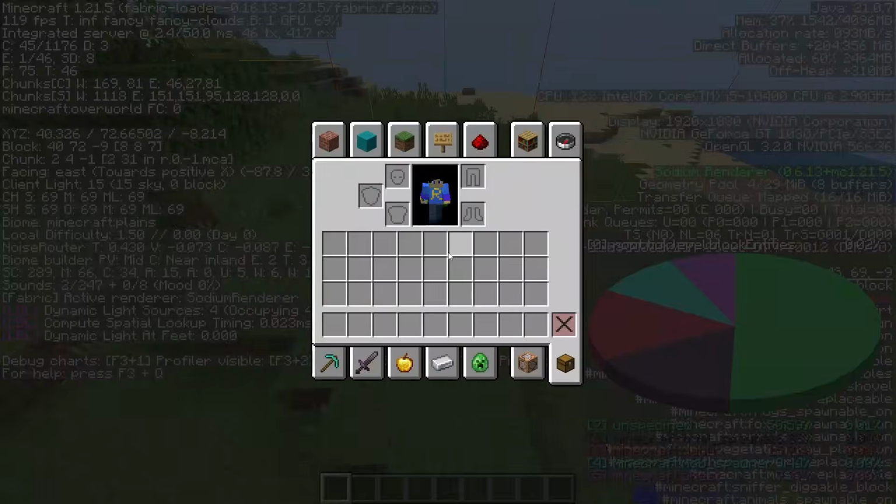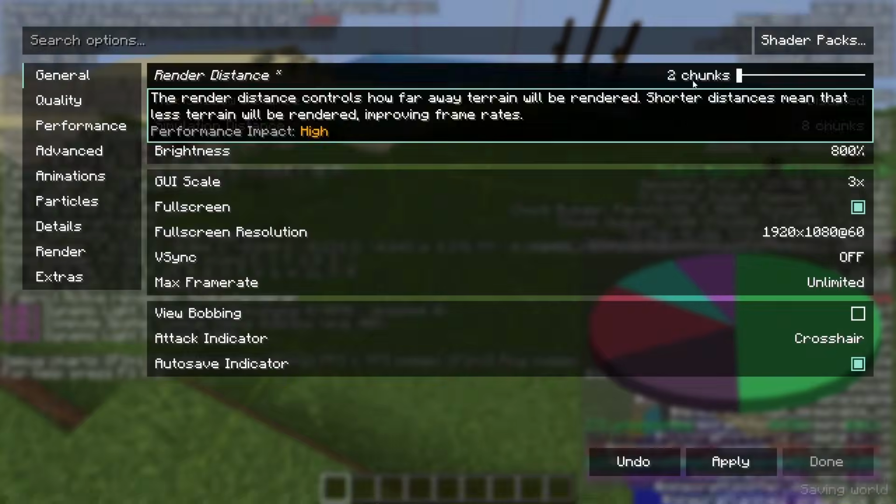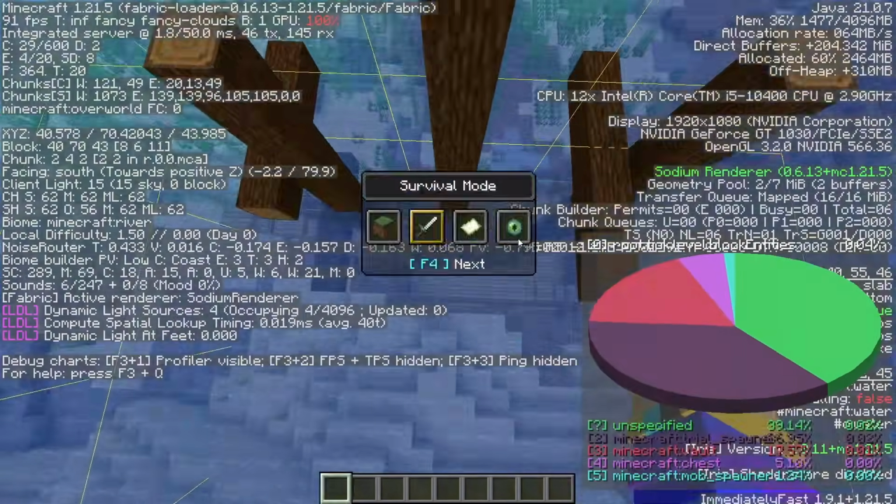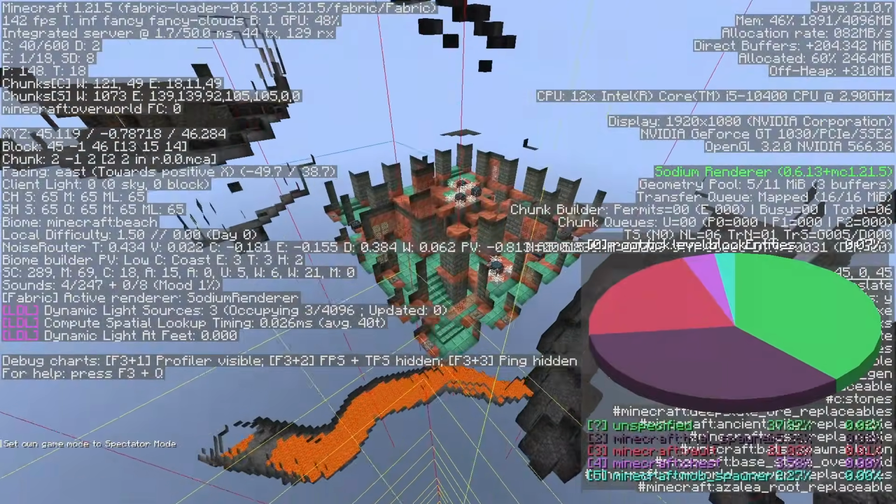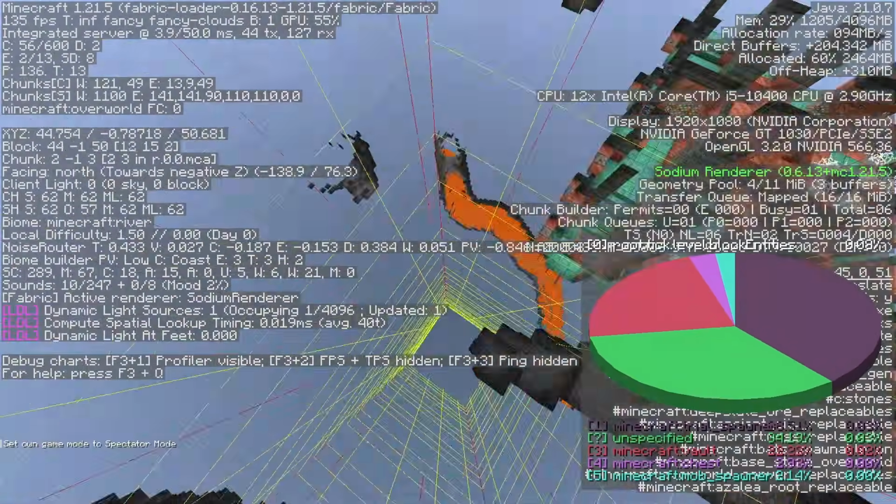Once you get to where the trial chamber is, do this all over again, just in case the trial chamber was diagonal from your original position. Once you do that, you should be within the location of the trial chamber. Now you can start digging down, and you can also hold F3 and A to try to see the spawner